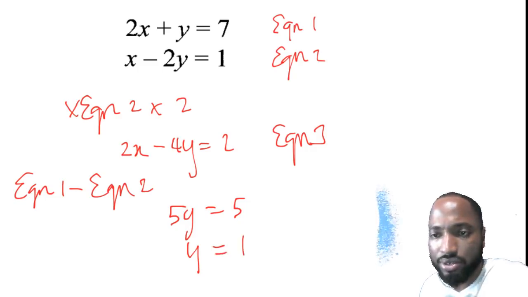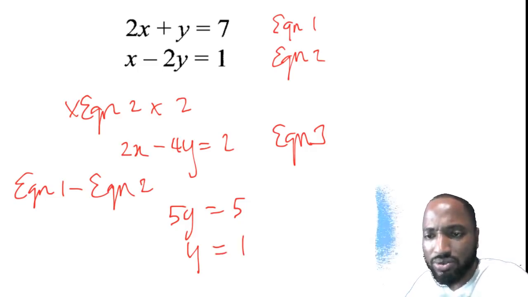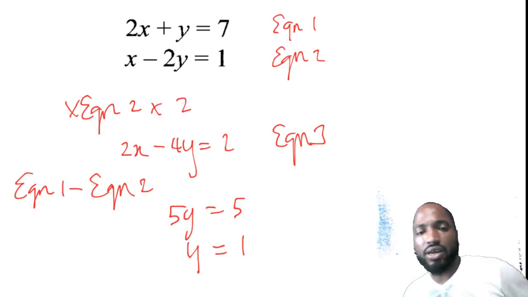So y is going to be 1. Why is nobody getting my answers though? y is going to be 1. Alright, so